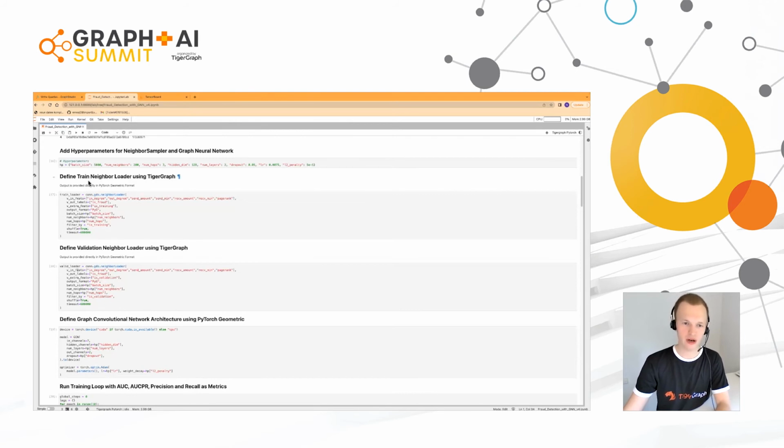You could just define the batch size, which is 5,000 in this case, and you could define the number of neighbors to expand from every seed vertex. And at the same time, you could control how many hops of traversal to do for this particular batch construction. And